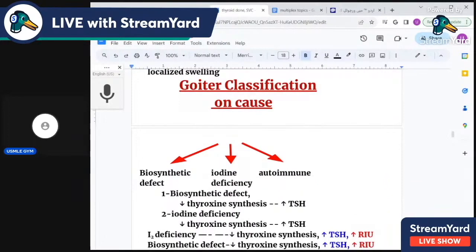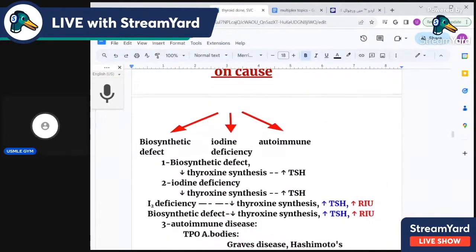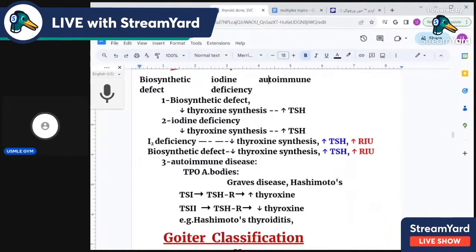Now, goiter classification on a cause. Three causes: biosynthetic defect, which is more common in the Western world, USA and developed world. Number two, iodine deficiency is the most common cause of goiter worldwide. The third may be due to autoimmunity, antibodies. The biosynthetic defects and the iodine deficiency have in common decreased thyroxine, increased TSH, and increased radioiodine uptake. So both of them, iodine deficiency goiter and biosynthetic defect goiter, have increased TSH, increased radioactive iodine